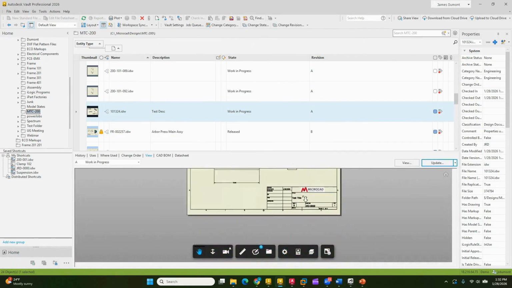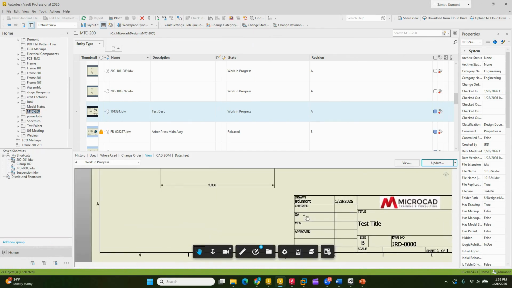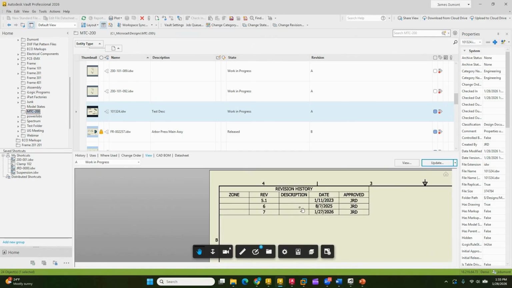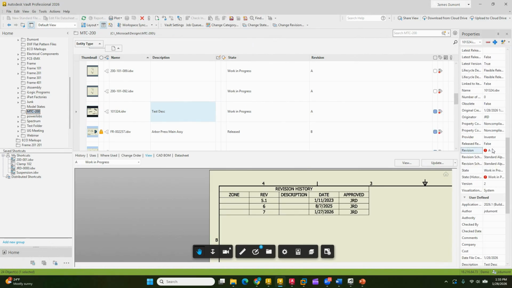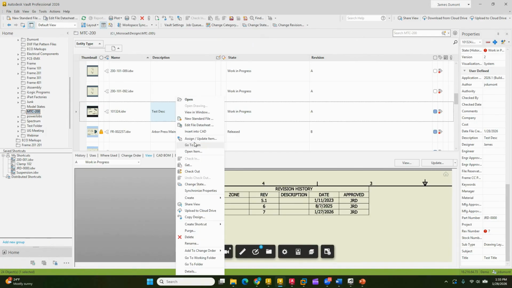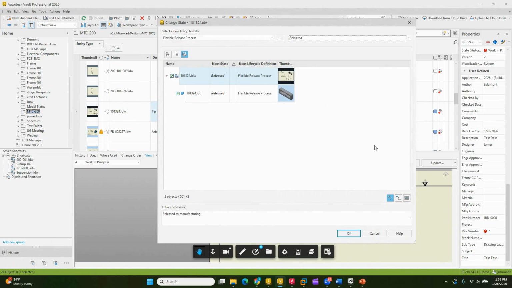And you might see something that stands out. This is all cleared, but the revision is still 7, right? And if we look over here, the revision history is also wrong. This is also not a problem because we're using Vault Professional. We have lifecycle states. And I can see this little guy right here is telling me that the file is non-compliant. And what that means is Vault revision is A, the file revision is 7. Well, that's wrong. So what happens is, as soon as I change the state to be released,